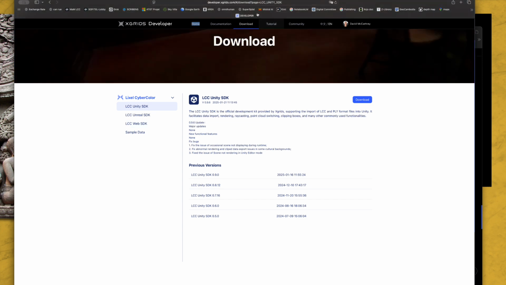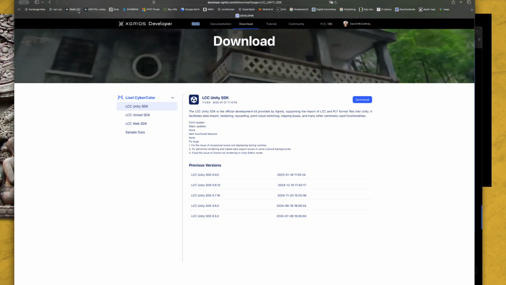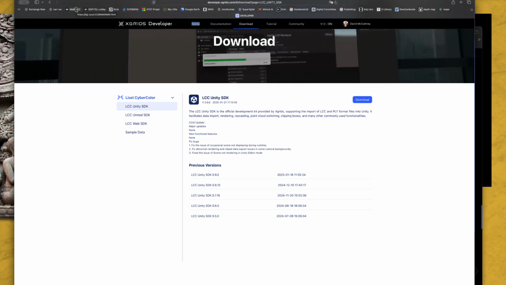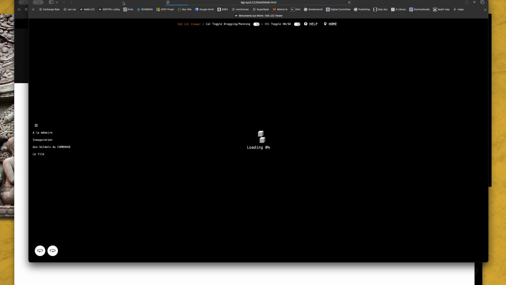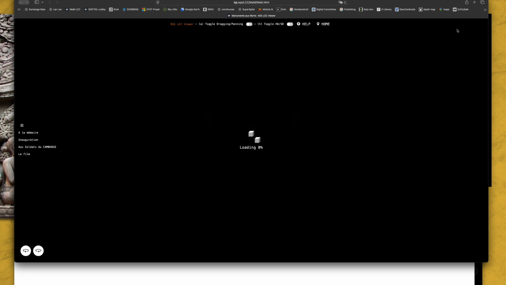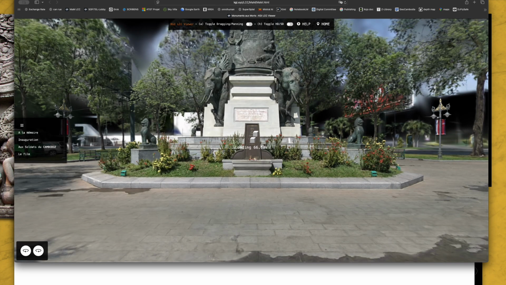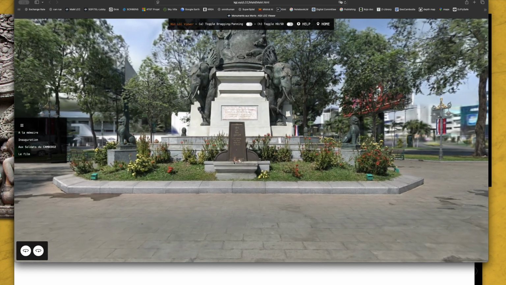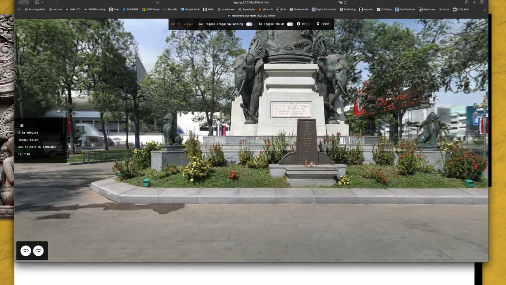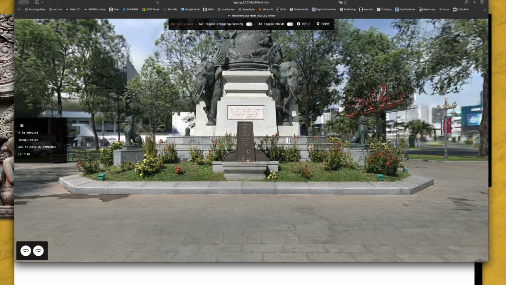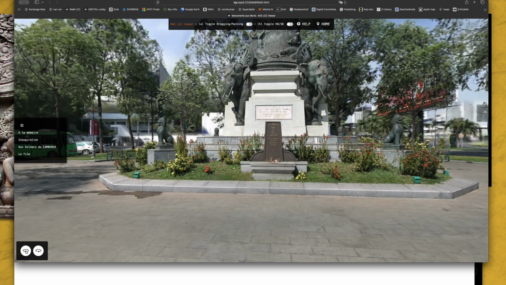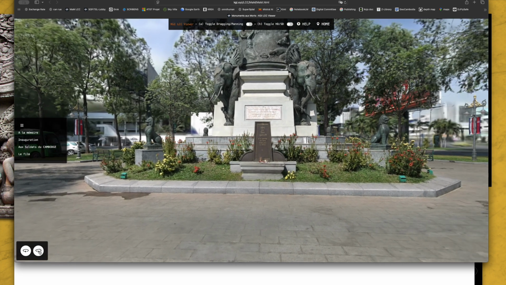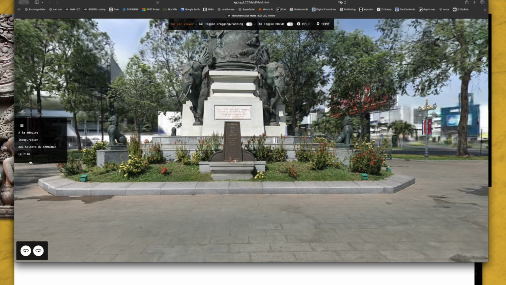So I can show you quickly, for example, the same app that we are going to study, but done with WebGL. And this is also very nice. This was done based on the SDK. So as you can see, we can easily manipulate the 3D Gaussian model. We can rotate left, right, smoothly. And here I added some